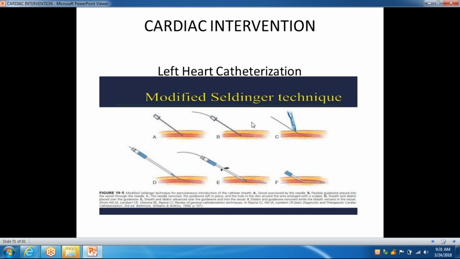Now you can remove your needle, because the needle is sharp. It will traumatize the artery. So you remove the needle. You have your guide wire in place, and then you put what we call a sheath. This is a plastic tubing that you put over the wire, and this is what